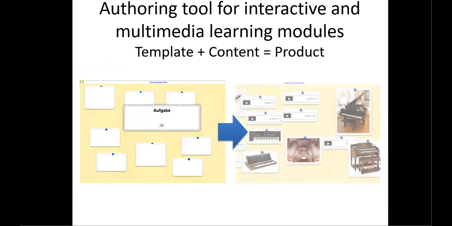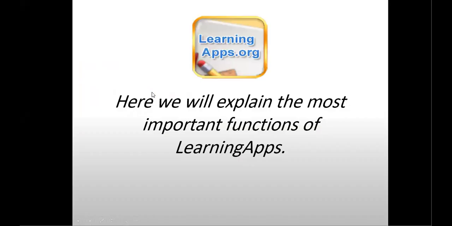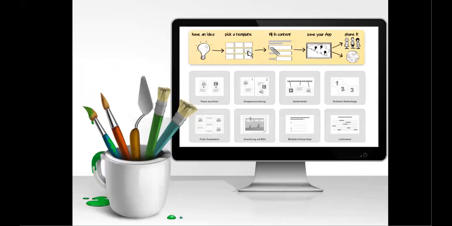Here we have the front of our website. I'm going to hurry. Frankly, these are the templates of our aimed learning app or aimed website today.